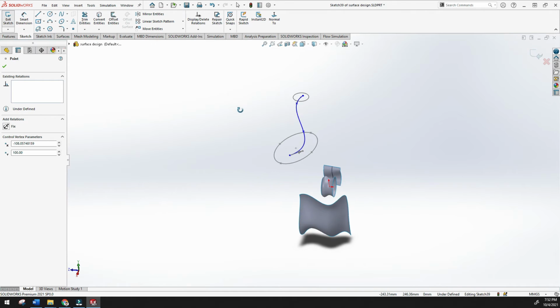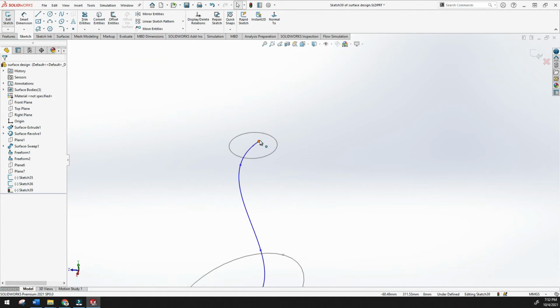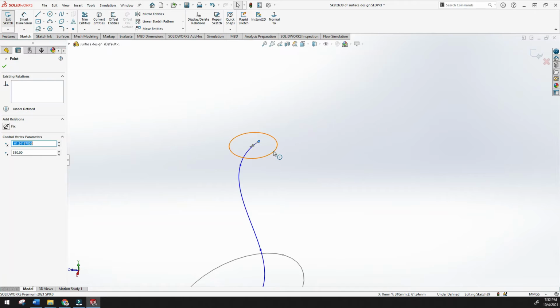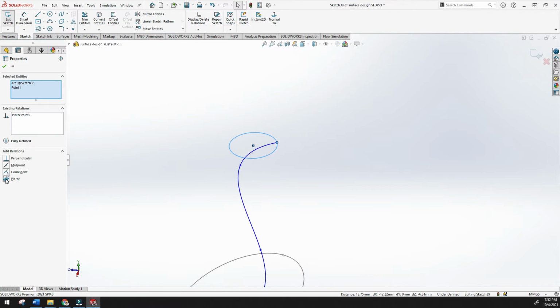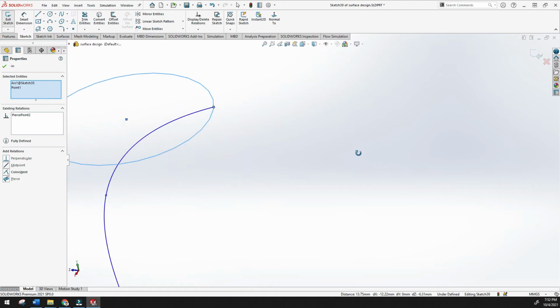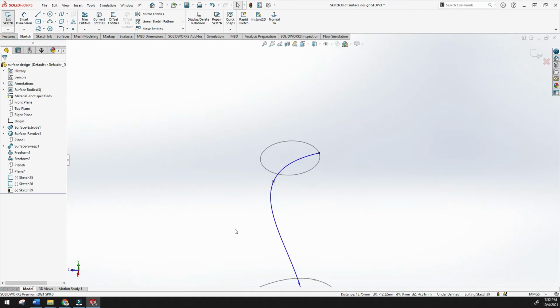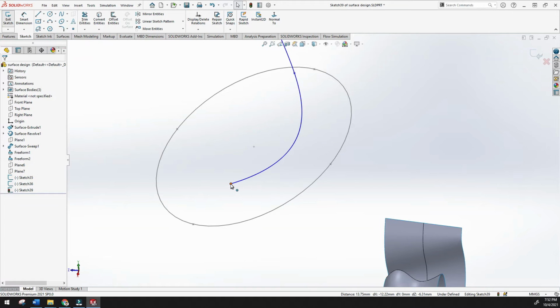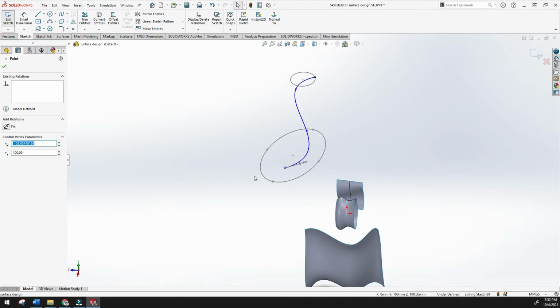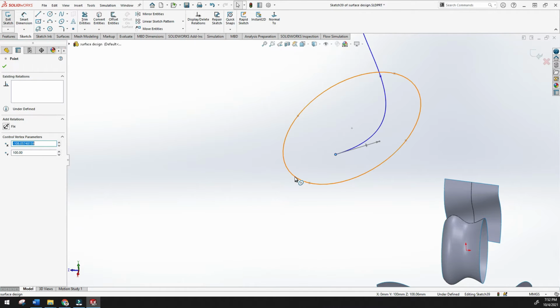Now click the point and this circle, and connect with pierce. See, now it is connected very well with the circle. Click yes. Again click the point and the circle and pierce it.